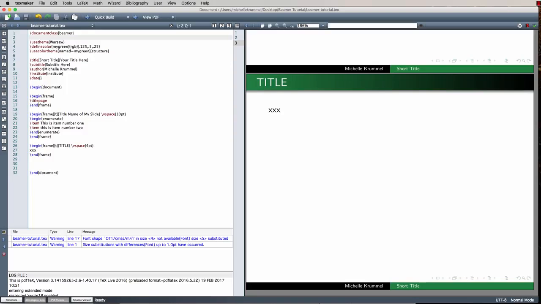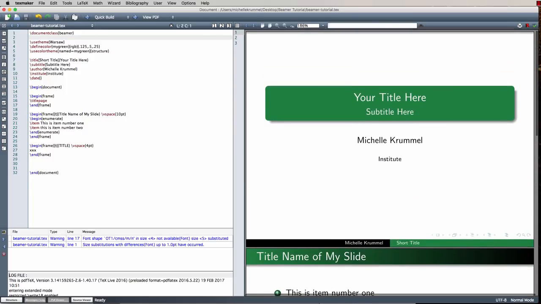Now I'm going to go back and show you the formatting that I actually use. I don't use the Warsaw theme when I create my presentations. I use a theme called Metropolis. So it has some unique customization settings that I like. I'm going to go back and change, instead of use theme